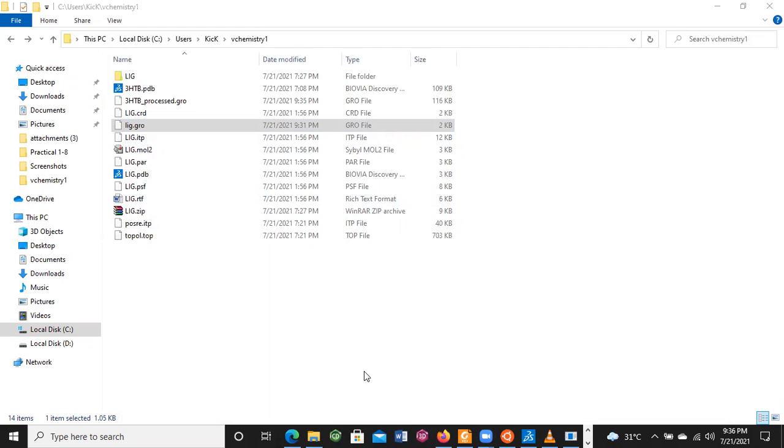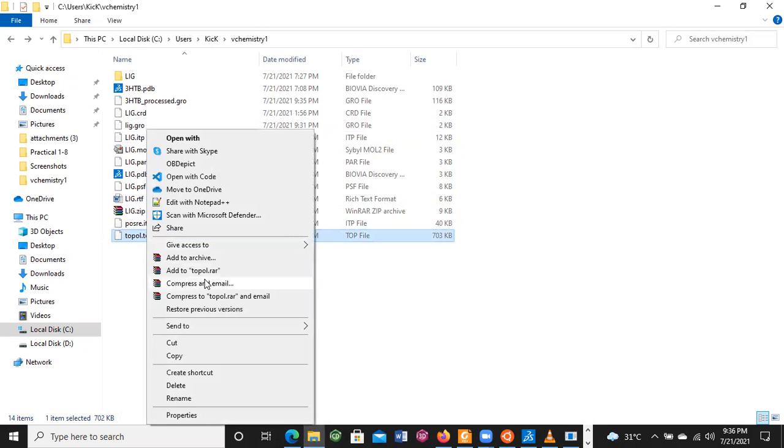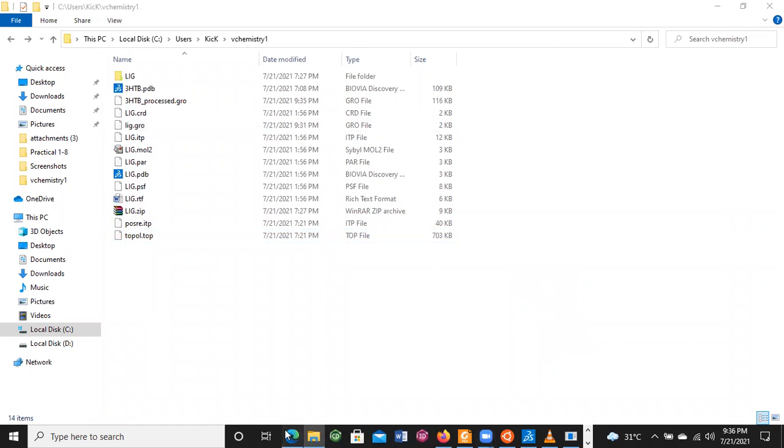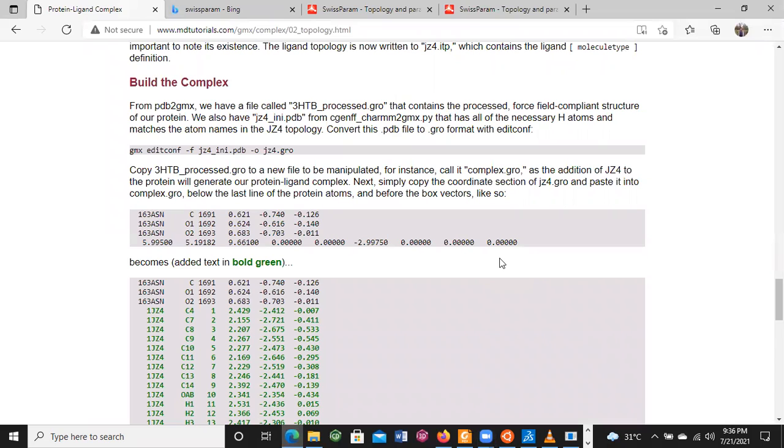Now, next is to edit the topol.top file. You can see the corresponding features from here. Now we can say that this is complex.gro. The new file that we manipulated will be the complex.gro.